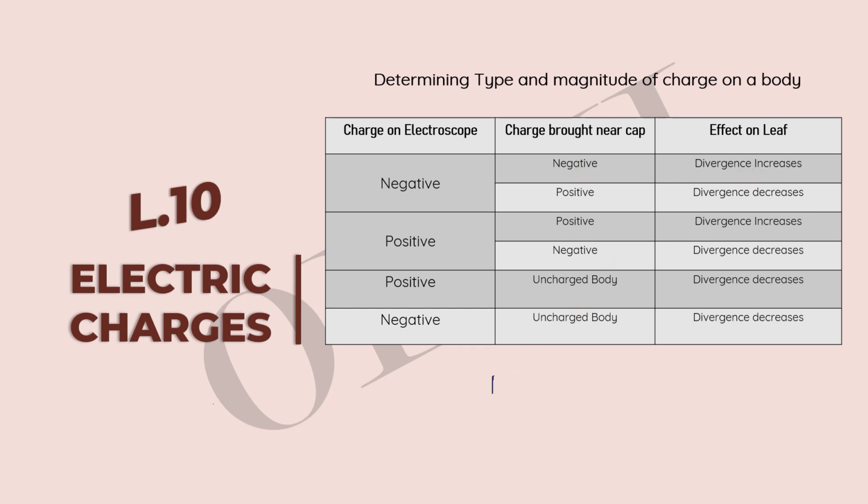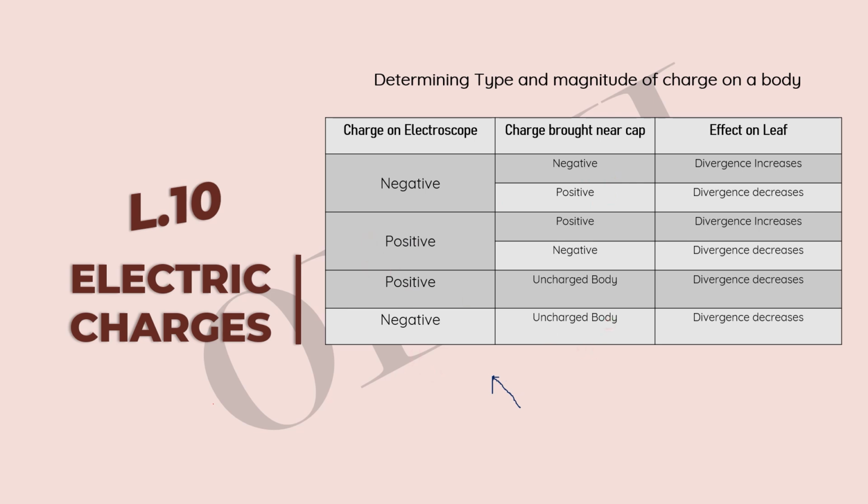Of course we have our gold leaf in this direction when we charge it with negative charge, we have it like this, with this divergence away from its original position. Now if you bring a negative charge to it, this divergence will increase, more like we might now have it in this direction. This increase in divergence